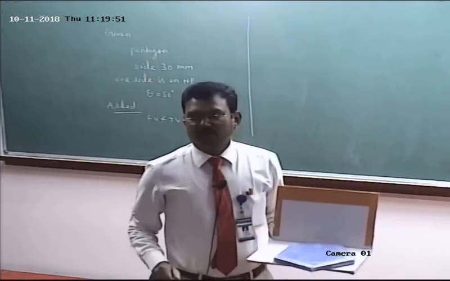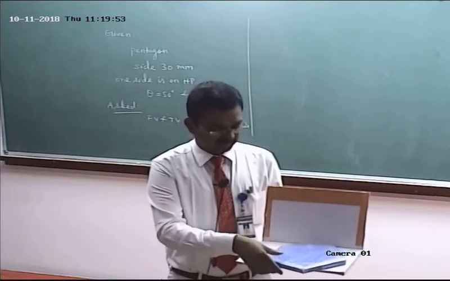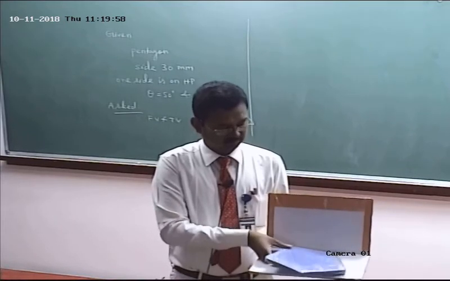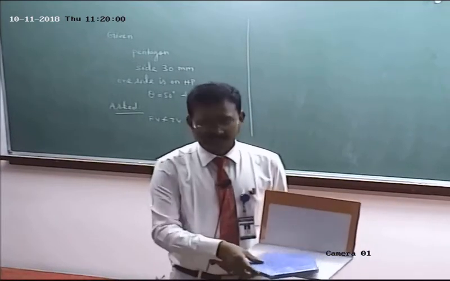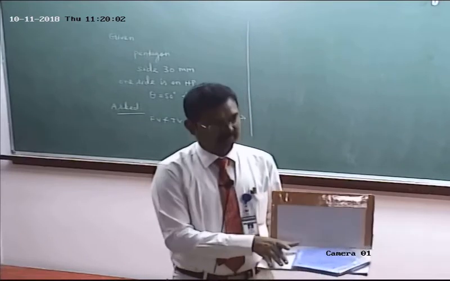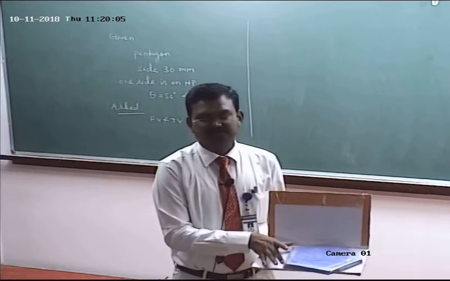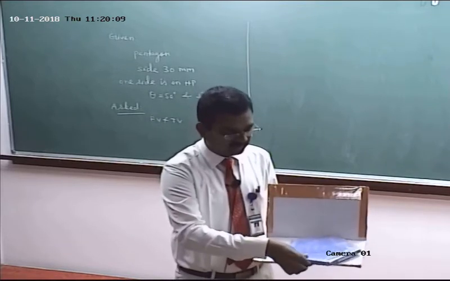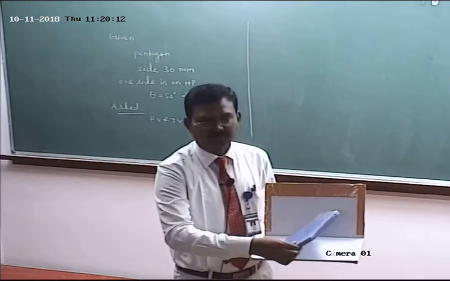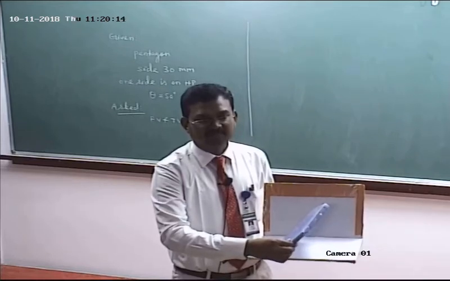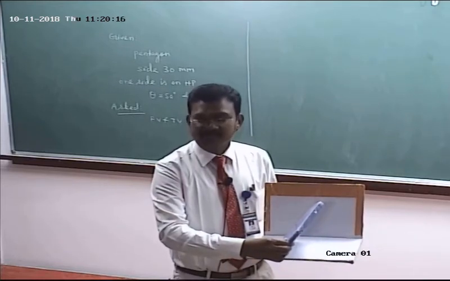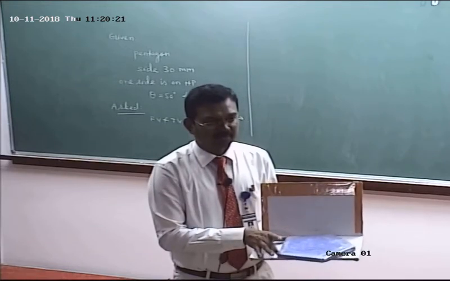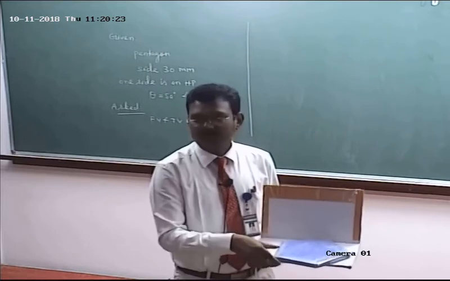So in condition 1, what about the side? The side should be kept perpendicular to VP or parallel to VP? Perpendicular to VP. So when you draw the first step front view and top view, one side should be kept perpendicular to VP. Then only, while tilting the surface to make the angle 50 degrees to HP, one of the sides will rest on HP. Am I right? To satisfy the given condition, keep one of the pentagonal sides perpendicular to VP.